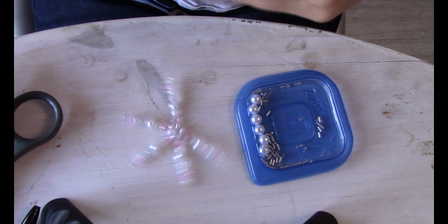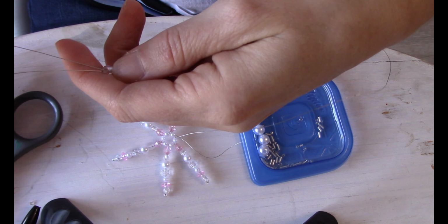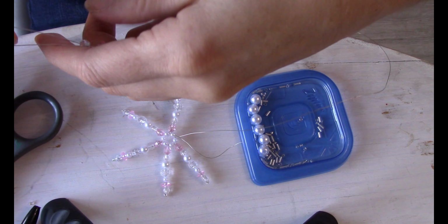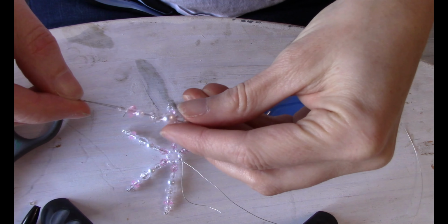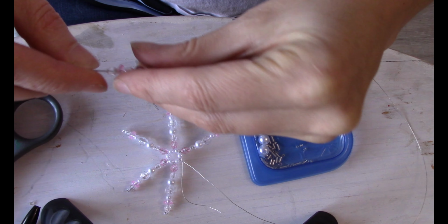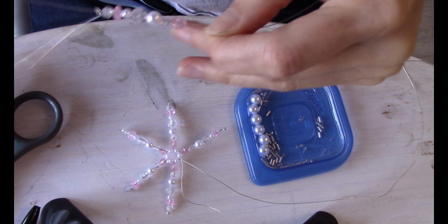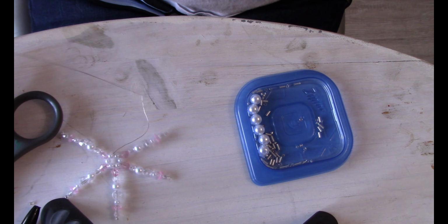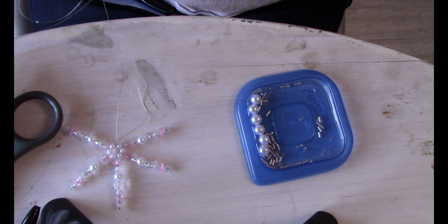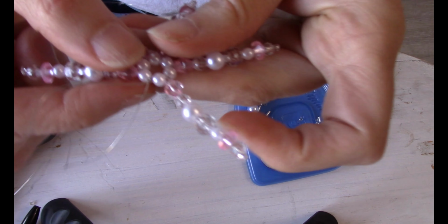Alright, and I'm going to go back through my beads like I did before. I'm just lining up my wire and slipping them down. Okay, and I'm going to tighten this up a little bit. And now what I'm going to do is I'm going to go through my next pearl and my